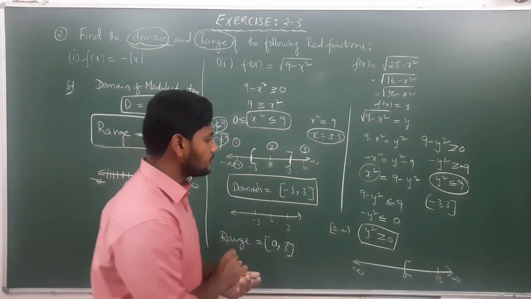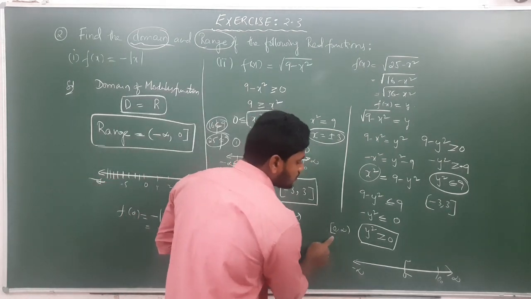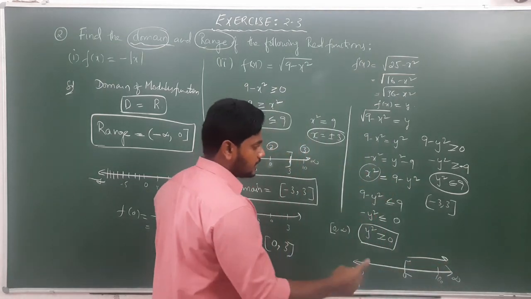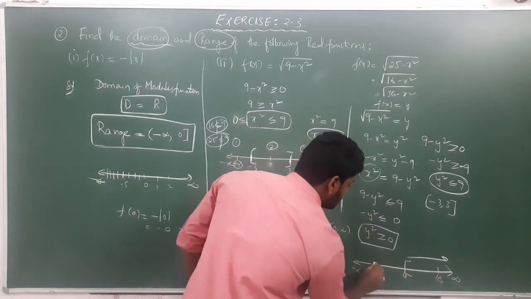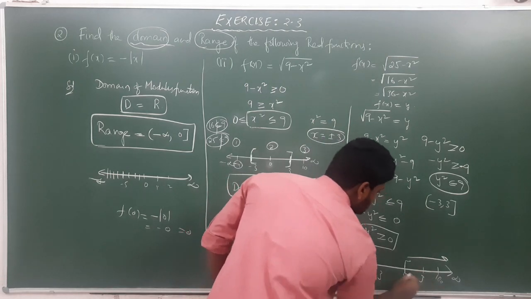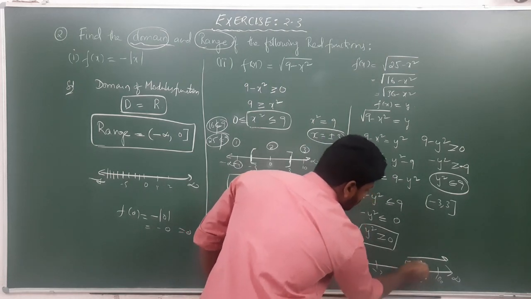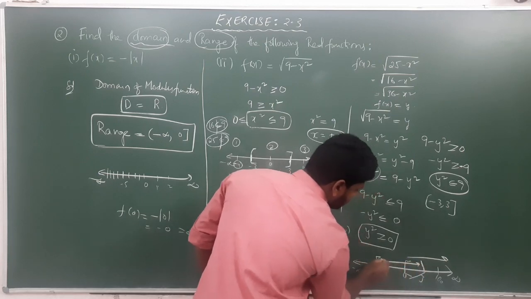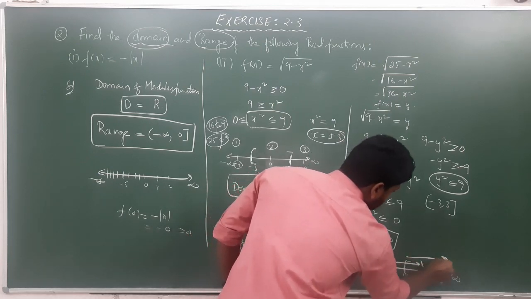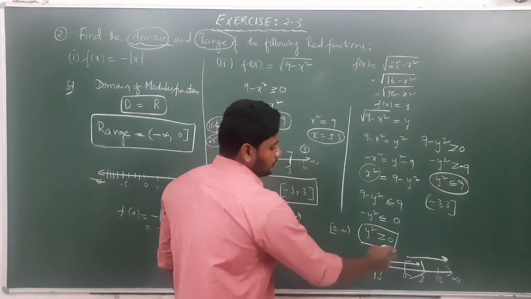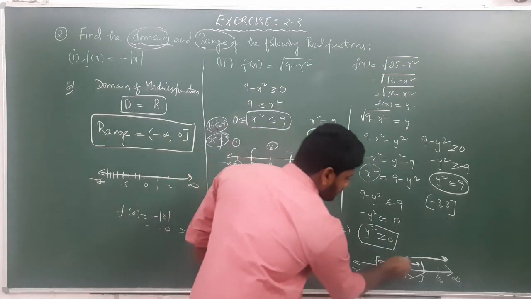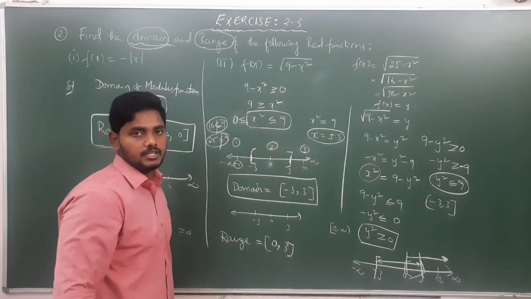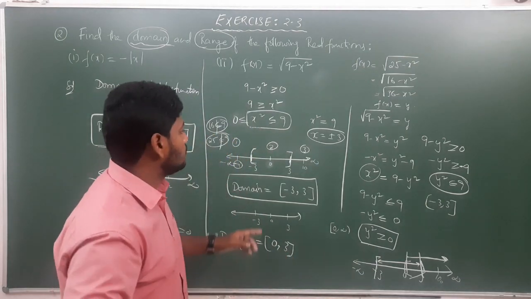Now we identify, guys. First condition, what we got? 0 to infinity. From here to here we got. Next one, minus 3 to 3. This is minus 3, this is 3. From here to here. So this condition we got, and this condition we got. Now from these two arrows, which is the common region? Definitely from here to here. So that is nothing but 0 to 3. Right? So understand once again.